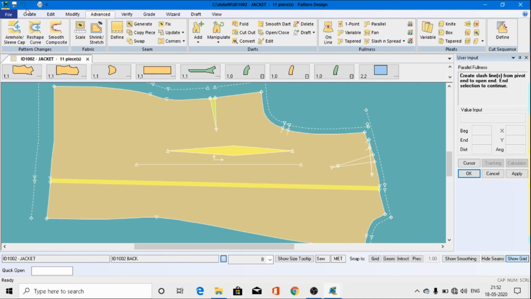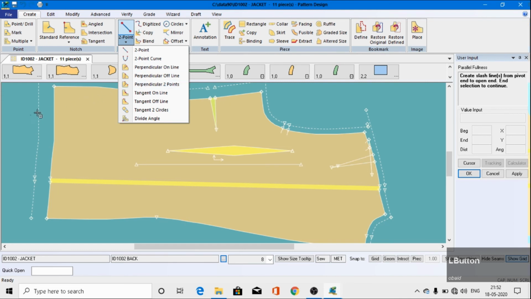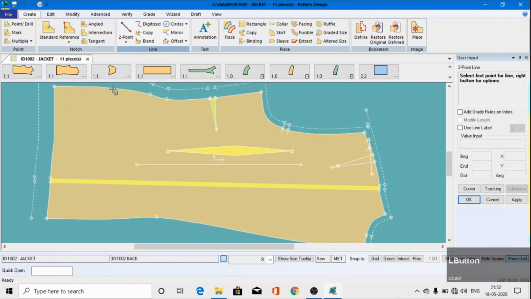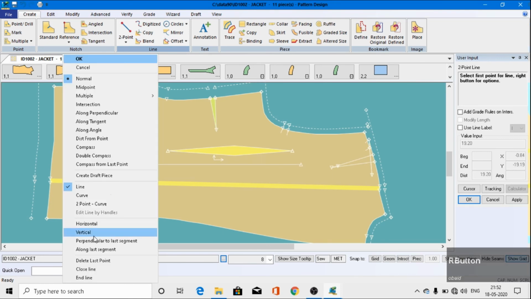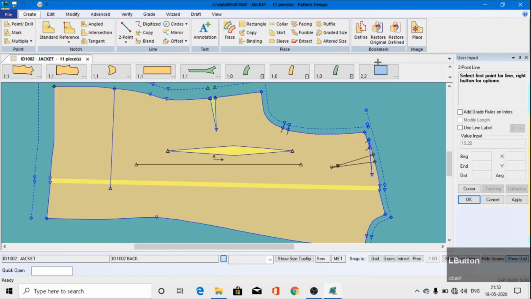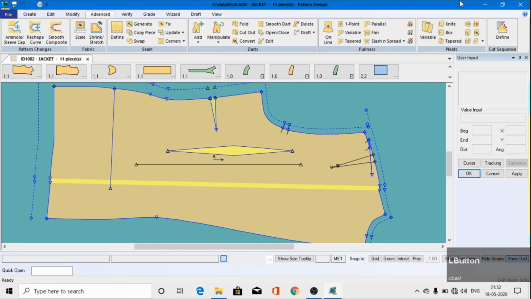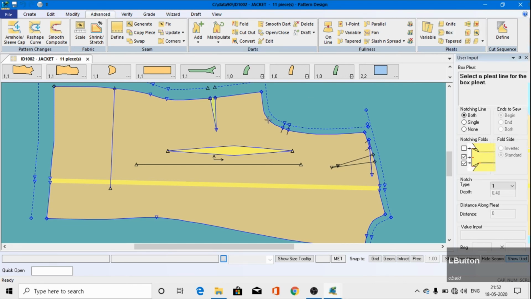So first of all, I will have to create one line, and I will tell you how to apply it. Vertical. And then OK. So how I want a box pleat.